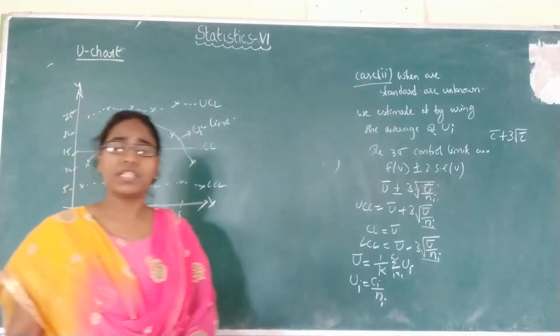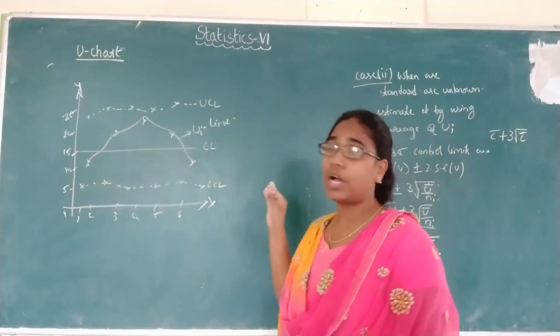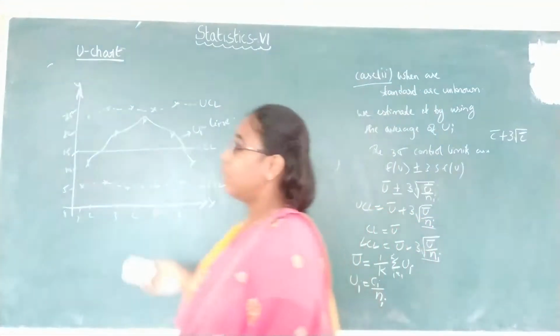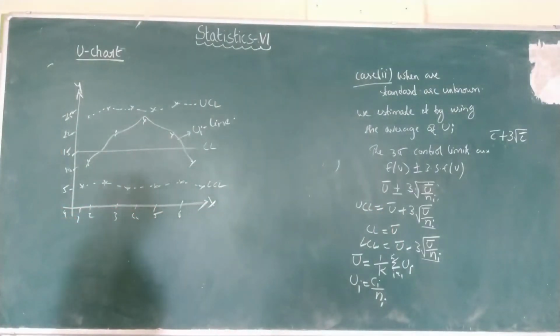Similarly, the P chart has a pi line, and the C chart has a ci line. Like that, the ui line indicates the ui values. The interpretation is the same. If all the points are between the UCL and LCL, then the process is under control. If any point goes above UCL or below LCL, the process is said to be not under control. So this is the construction of the U chart. Now we will see a problem related to the U chart.